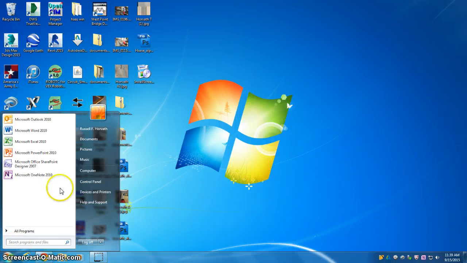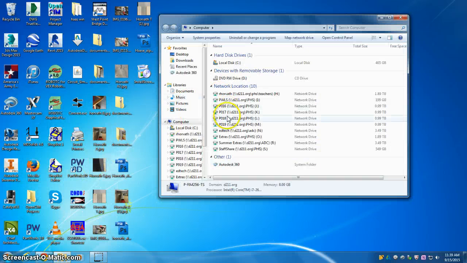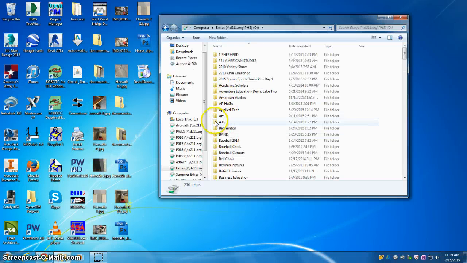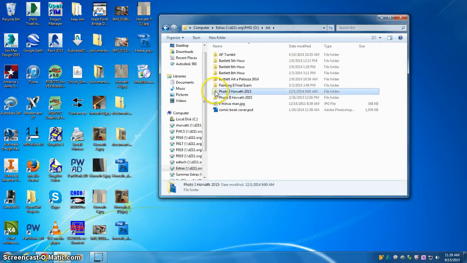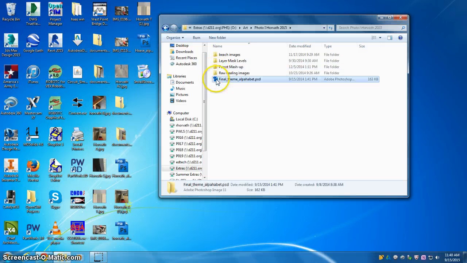So we're going to go here into our computer. We're going to look in our extras drive here. You're going to have a lot fewer than I will. It's the O drive here. In Art, into Photo 1, and into Final Theme Alphabet. I'm going to double click on this. It's going to open it up